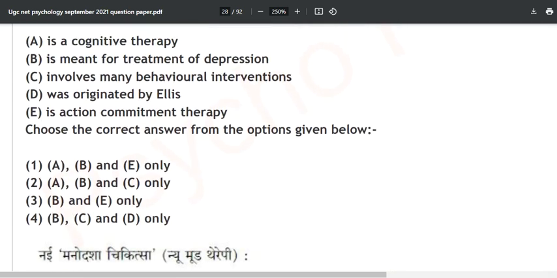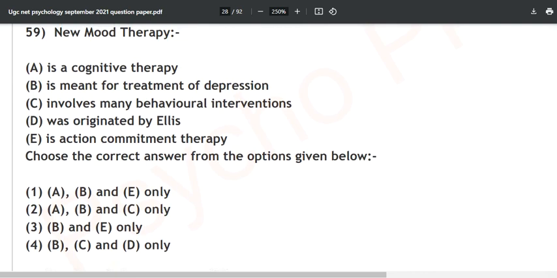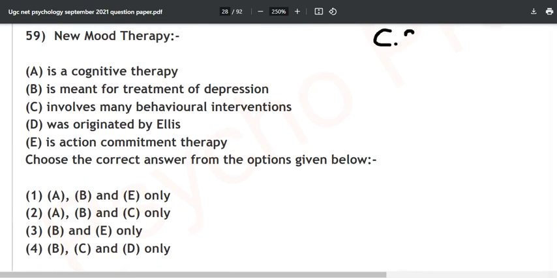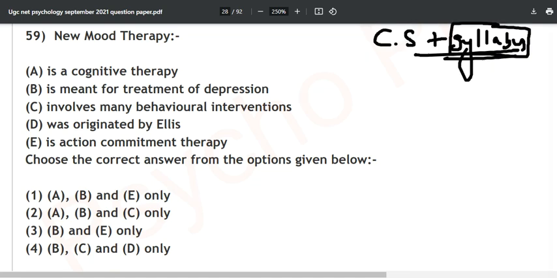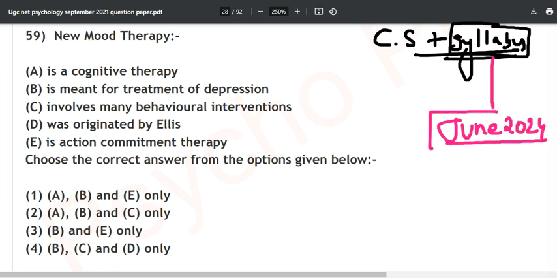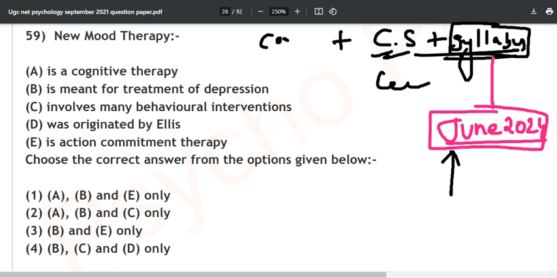Now see, again some common sense is needed, plus some syllabus. What words are used in the syllabus will suffice. Sometimes it happened in the same June 2024 paper as well. Knowing what is written in the syllabus will give you marks, I am telling you. We have just solved the June 2024 paper, so just knowing the simple basic words in the syllabus will sometimes give you the correct answer. Plus, pretty obviously, common sense and conceptual knowledge as well.